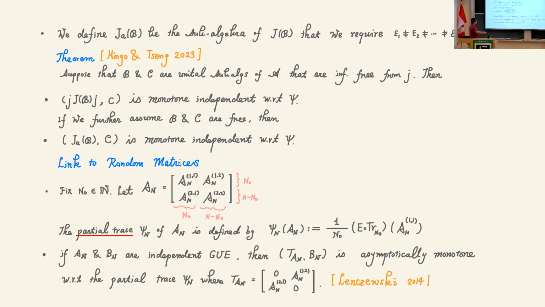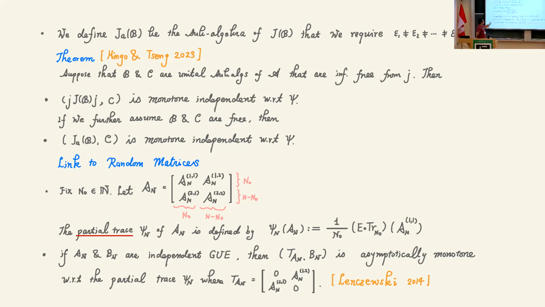So now we only consider the behavior of this one, which means we consider the normalized trace, but we only pick up the first block. This block. Then this one we call a partial trace. In Lenczewski's result in 2014, he shows that as long as the A_N and the B_N are Gaussian, GUE independent, then the T_A^M and the B_N will be asymptotically monotone with respect to the phi_M. And the T_A^M will be chosen this way, which means these two blocks, we replace